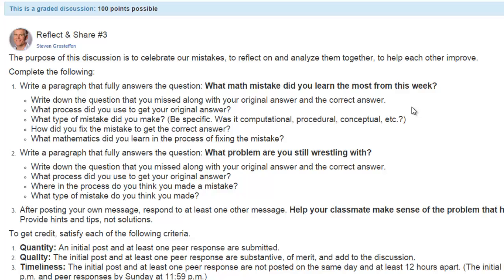Hello everyone. I'm here in Canvas looking at the directions for Reflect and Share number 3. And I see that in number 1 I'm supposed to write a paragraph that fully answers the question, what math mistake did you learn the most from this week? Well, I see that part of that is writing down the question that you missed along with your original answer